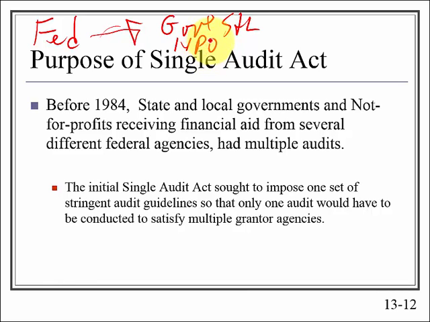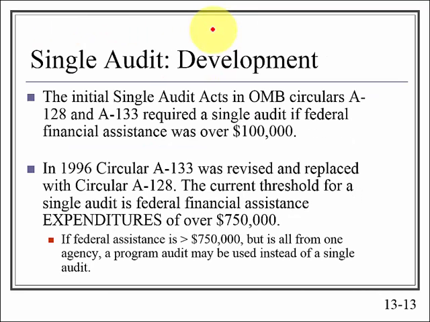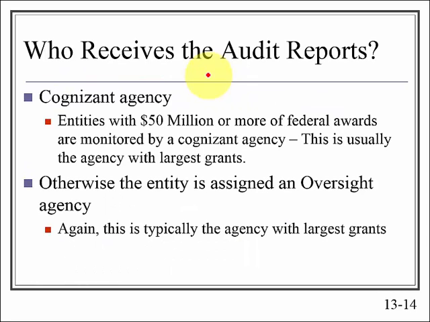So what the federal government allows is a so-called single audit by this one government or one nonprofit for all the federal grants it receives. So here's some limits. If the total of those grants comes out to 750,000, then this single audit can be consolidated together. Typically, you would have one federal agency coordinating all of the other federal awards. We call that the cognizant agency.